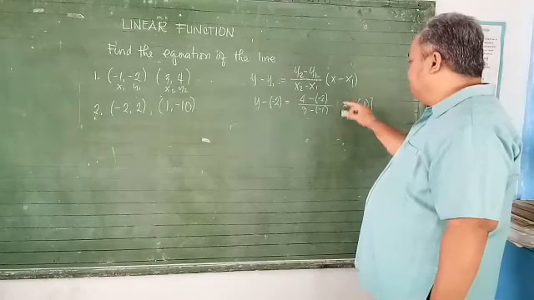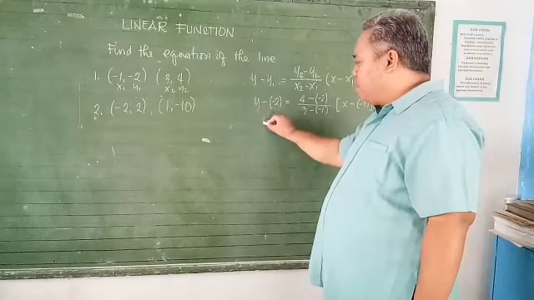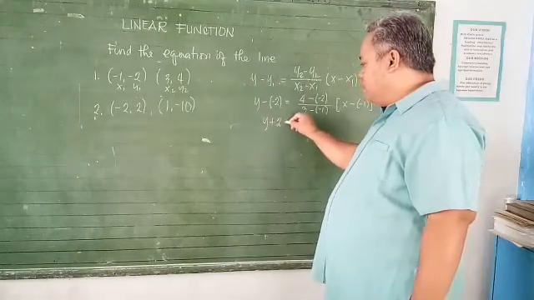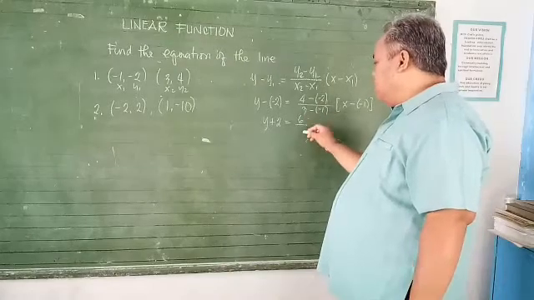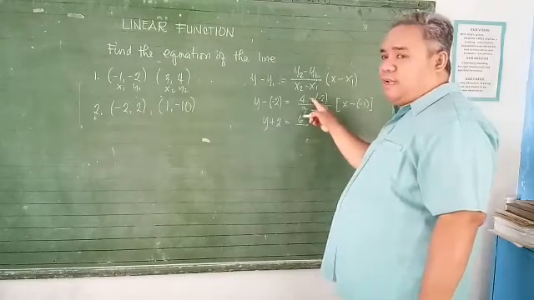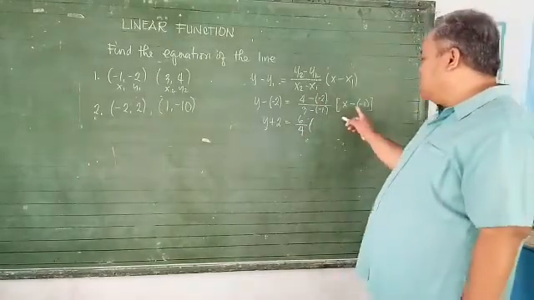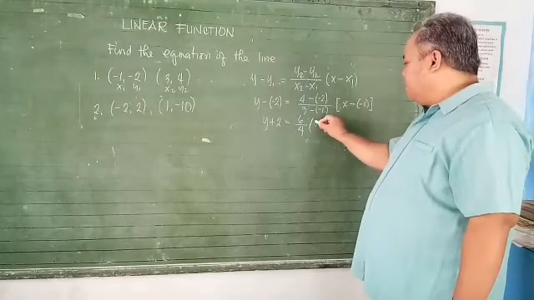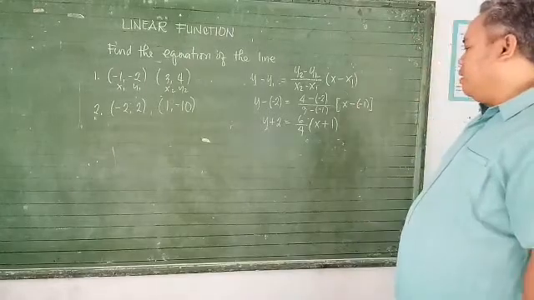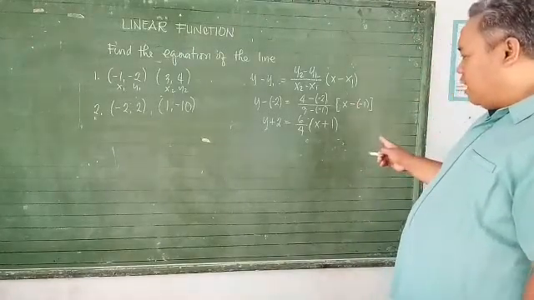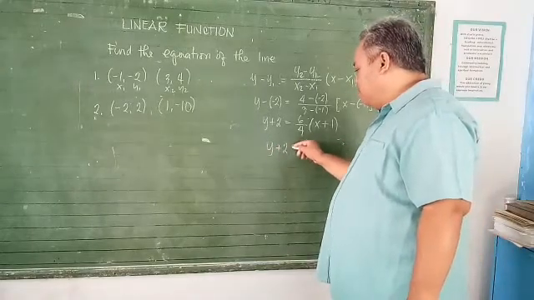So this becomes positive because of the two negatives. So y plus 2 is equal to 6, because that becomes positive, two negatives, over 4, and then this is x plus 1, because that becomes positive. So almost there, no? So y plus 2 is equal to